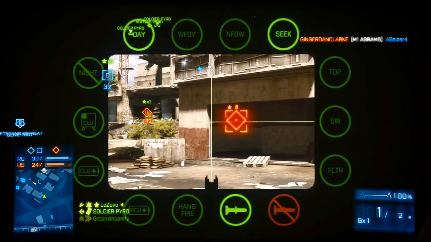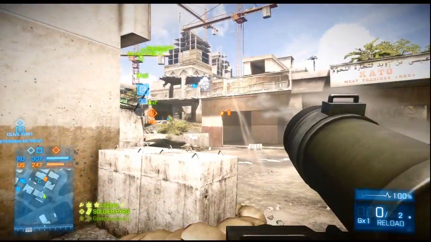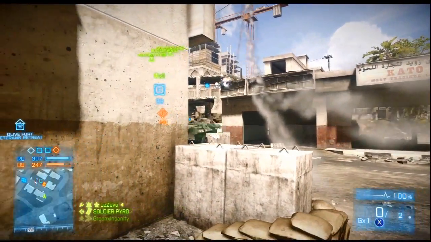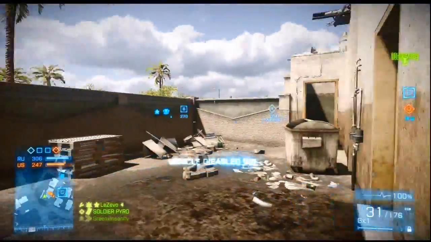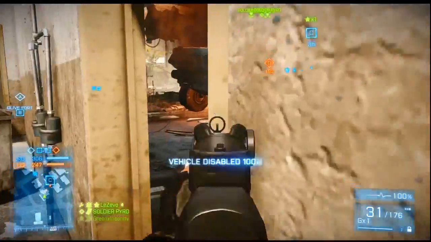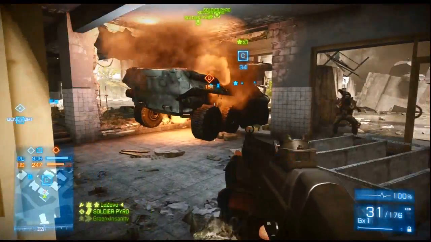So it just gives you enough time to look around, but just know that too when you see an enemy pop up, that he could be under this spawn protection. Okay, let's see. The other thing you'll notice, and I have a little clip at the end of this video showing that,